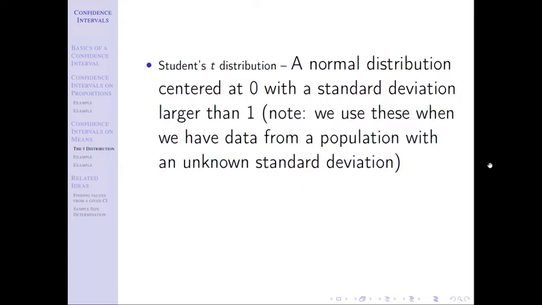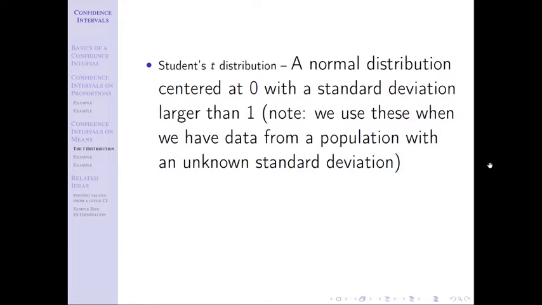So notice when we talk about a t-distribution, it's a normal distribution with a mu of 0 and a standard deviation larger than 1. How many numbers can you think of that are larger than 1? I don't know how many you specifically can think of, but the answer is there are an infinite number of numbers larger than 1, because notice I didn't say it had to even be a whole number, right? We could have a standard deviation of 1.2, 1.5, 2, 7, 8, 8.5. There are an infinite number of options.